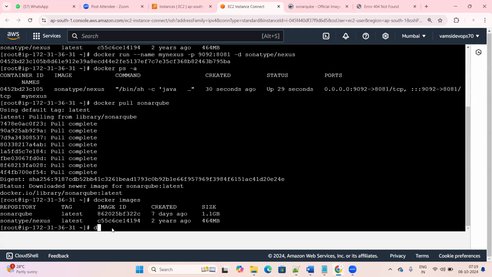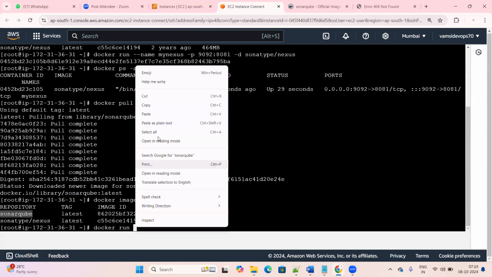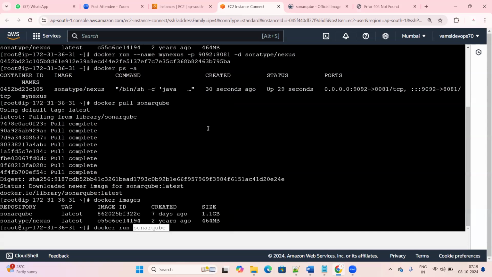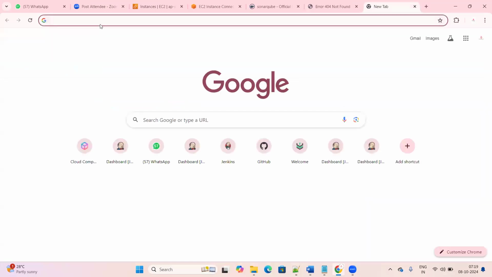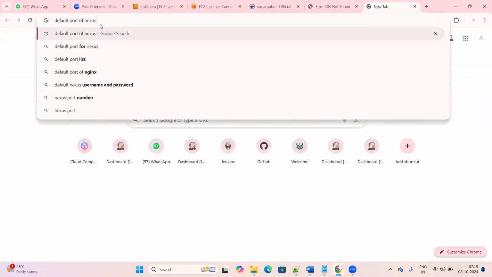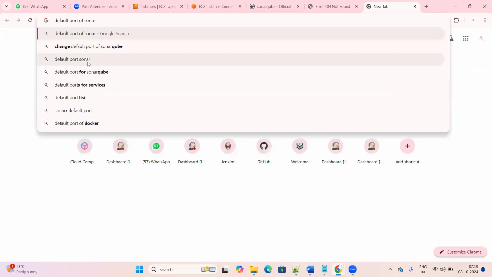Let's try to run the SonarQube image. How to run any particular image to make it a container? Docker run, the image name, very simple, and we need to provide the port number with -p. What is the default port number of SonarQube? We need to understand that. If we don't know the default port number of Sonar,